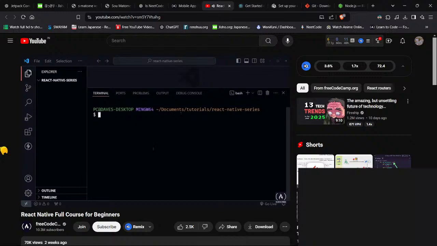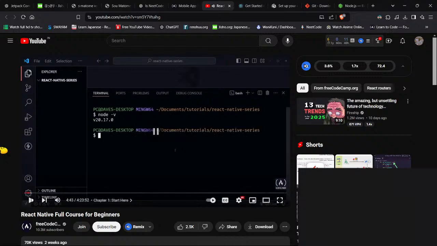But I'm using the Bash terminal, and since you installed Git, you should also have that option available for your VS Code. So you'll be using the same terminal as I do throughout this series. Now let's also check what versions we installed, and we can do that, say, with Node.js that we installed by typing node -v. And you can see it gives me the version that I just installed. Now, if you're